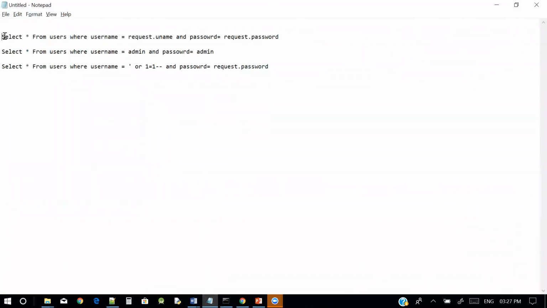Whenever you are providing the username and password, an SQL query is generated, something like this: select star from user where username is equal to request username and password is equal to request password. This kind of SQL query is generated at the backend whenever you provide a username and password. Now in request username, I gave the username as admin and the password as admin. The query will be select star from user where username is equal to admin and password is equal to admin. This query reaches the database, which verifies the credentials, and